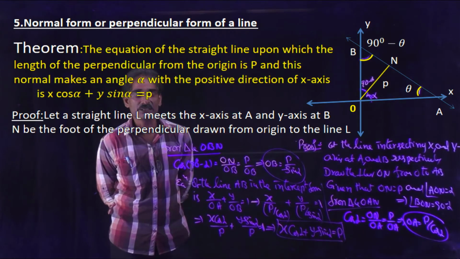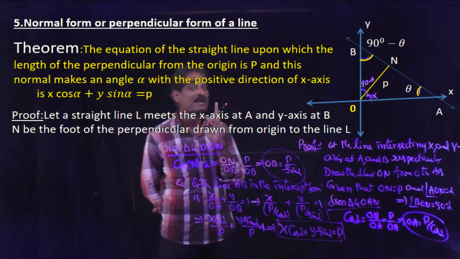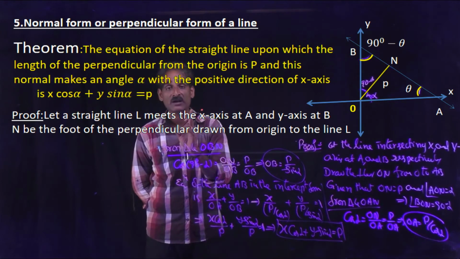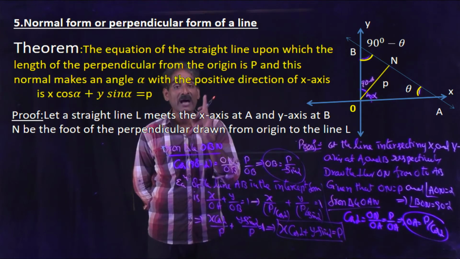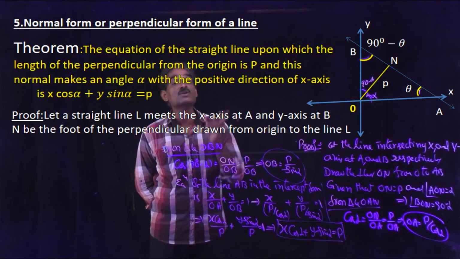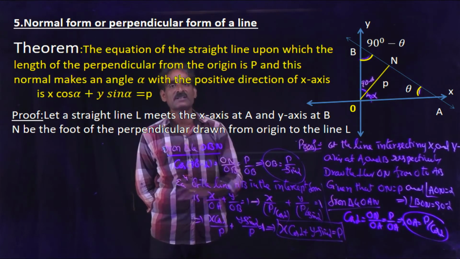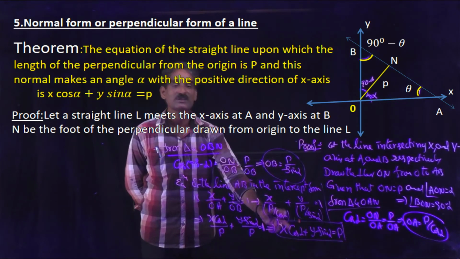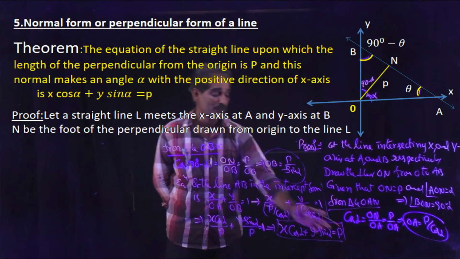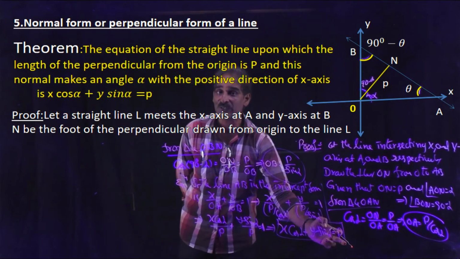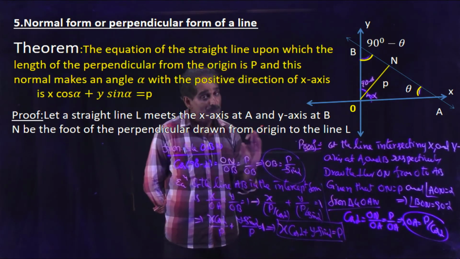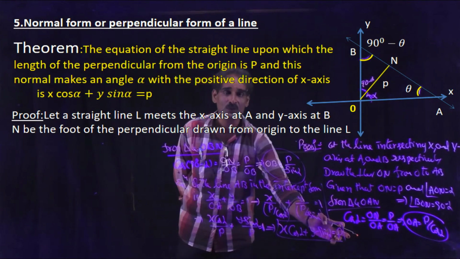Understand? Here alpha is the angle made by the normal with positive direction of x-axis. You remember it. Alpha is not the angle made by the line. The normal drawn from the origin to the line, with positive direction of x-axis, then only that is treated as alpha in case of this. Here alpha is the angle made by the normal with positive direction of x-axis. And p is the normal length. p represents the length, always positive, remember it. This is the normal form, x cos alpha plus y sin alpha equal to p. p always positive, alpha may be any value.